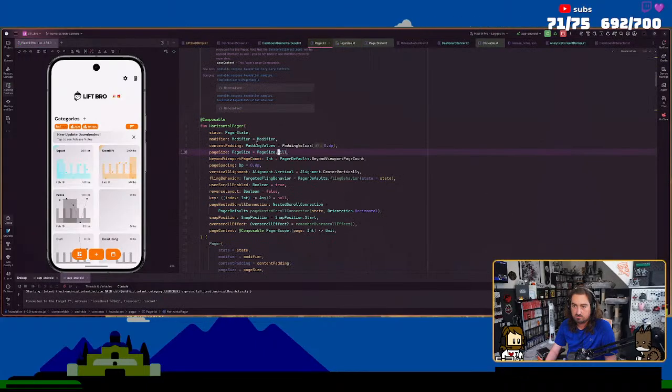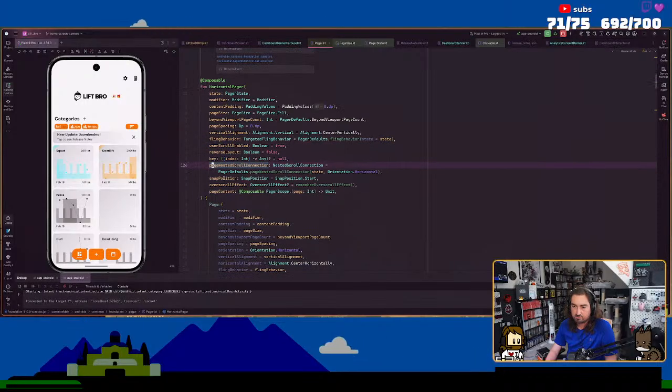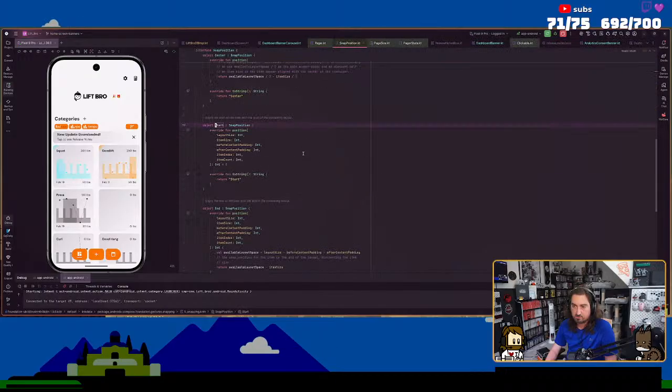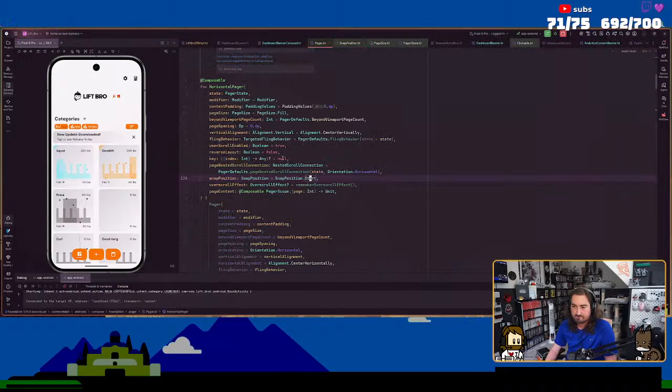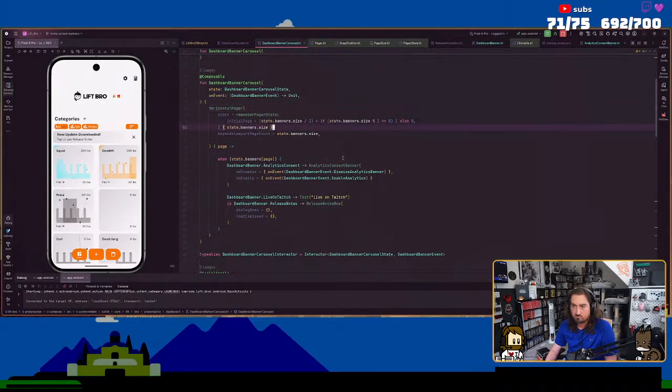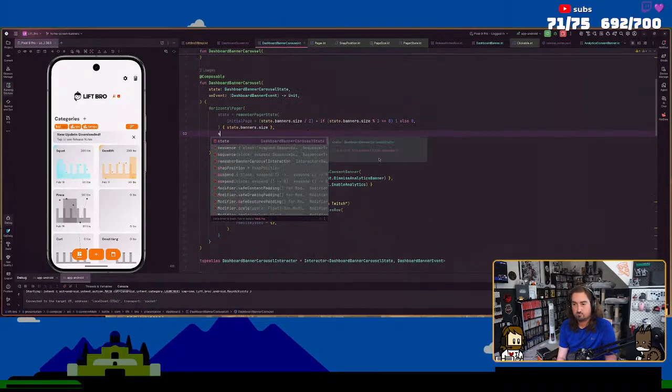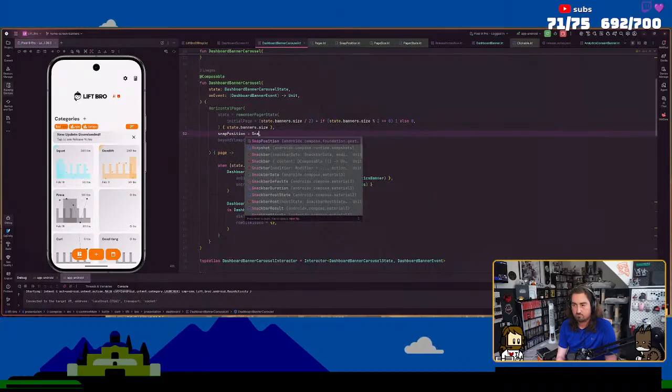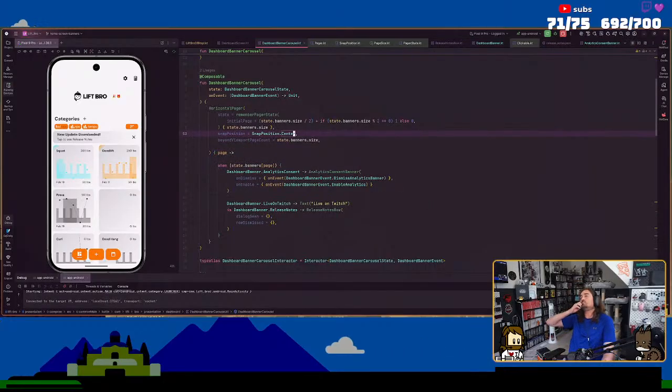Okay. No, page spacing, fling behavior, page nested scroll, snap position, start. I want them to snap to the center.